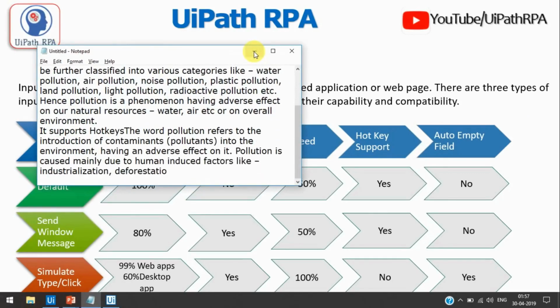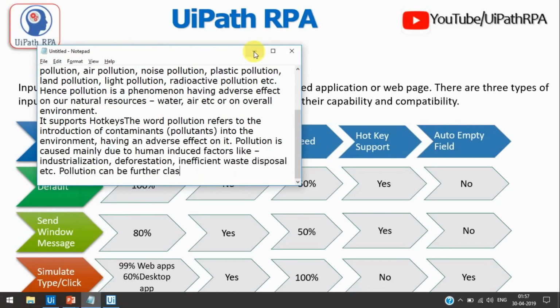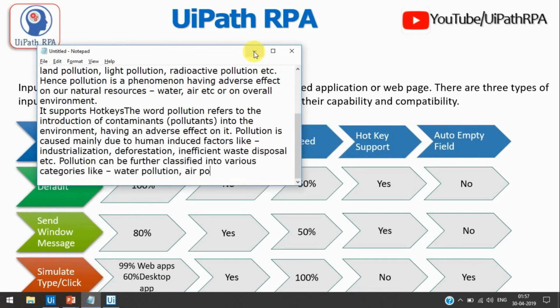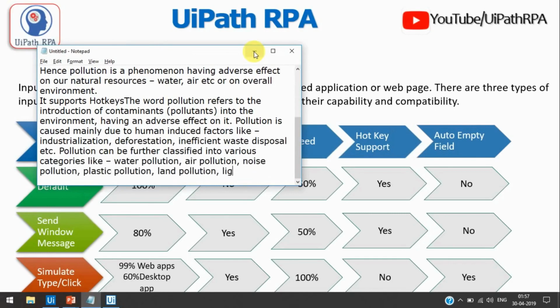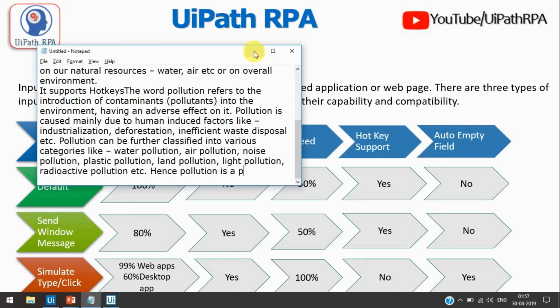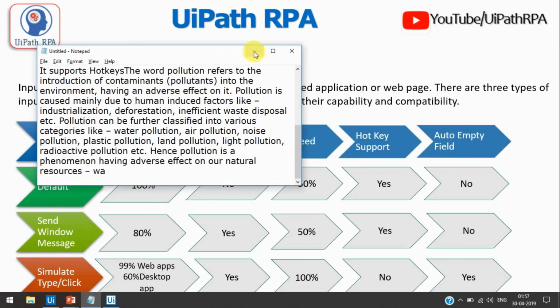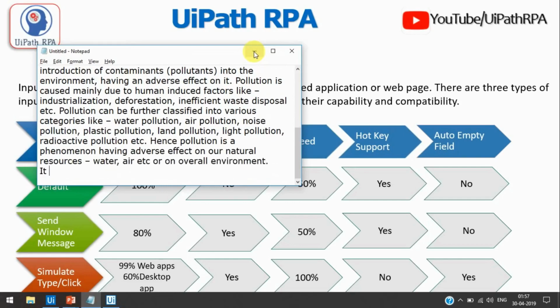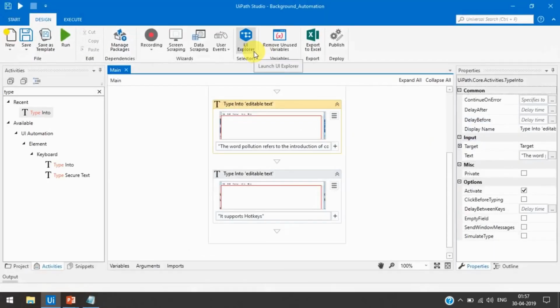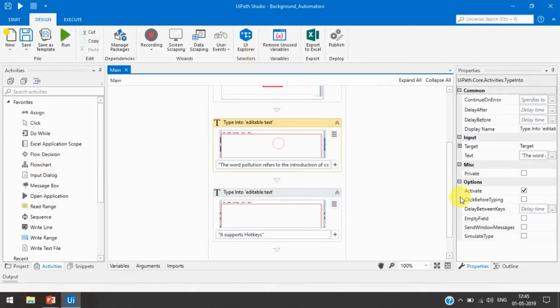It means after the word hotkeys, right? It means it doesn't support auto empty field. So for that we have the option to empty the fields. From the property side we will select this option, we will check this one, empty field, right? And then we can use these features.